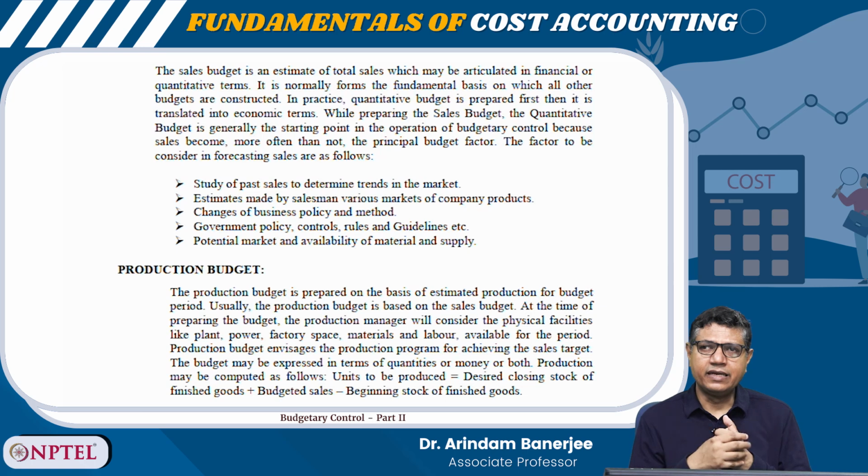When these things are finalized, that means there is some clarity before the management that, okay, next year this would be the market demand, and if we produce this much, hopefully we will be able to sell it in the market. But for achieving all this, you need funds, you need cash, right? So, you need to decide from where the cash will come, from where the funds will come. So, for that you need to prepare the cash budget, right?